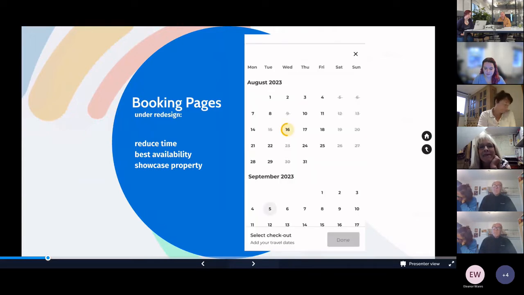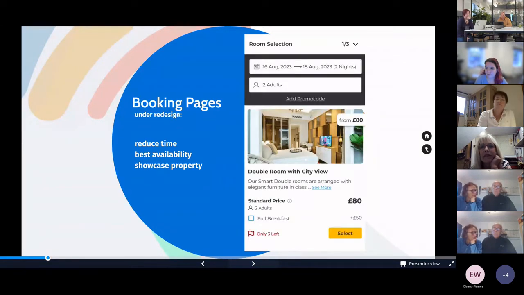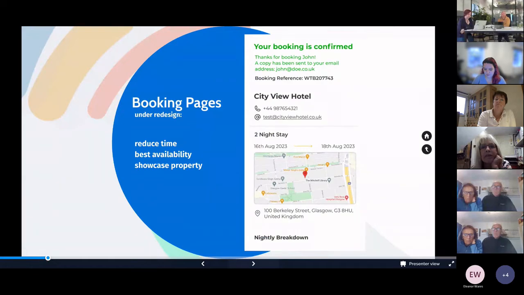So they can go through that booking process by picking dates that are available, and they can use Apple Pay or something like that. You can make a booking in probably less than 30 seconds if you know what you're looking for. So again, it's something that we try and do, and it also makes sure that you're showing the best parts of your property when somebody's making a booking.